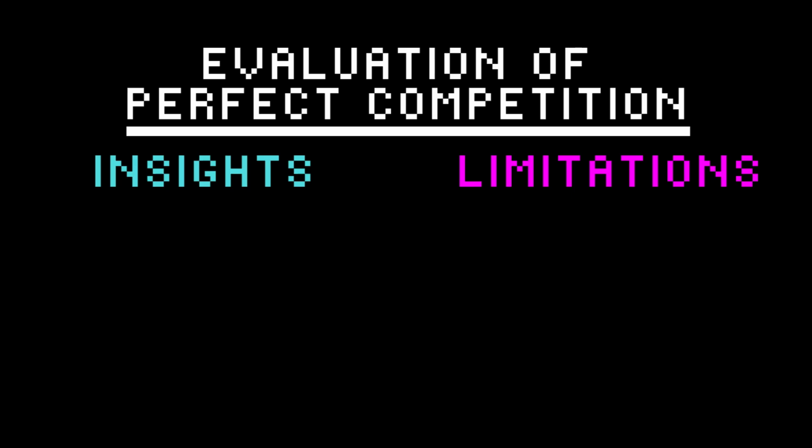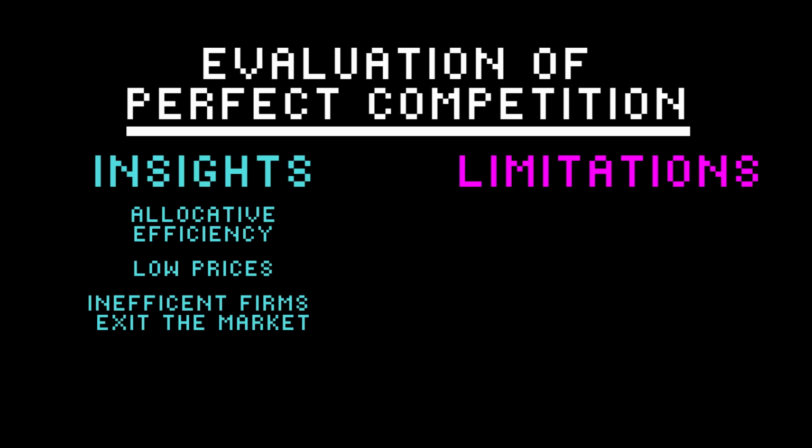The first insight is how allocative efficiency can be achieved, giving society what is best when price equals marginal cost. This leads to low prices for consumers, which, as you'll see with the other market structures, isn't the case. Moreover, perfect competition causes inefficient firms to exit the market. This creates a survival of the fittest scenario where only the most efficient firms survive. Any firms that cannot cut their costs by producing as efficiently as possible will not last long in a perfectly